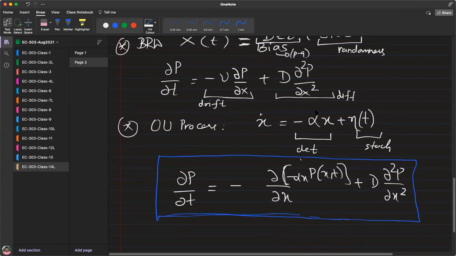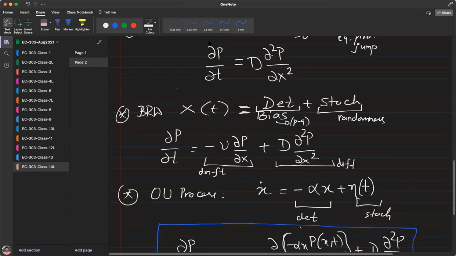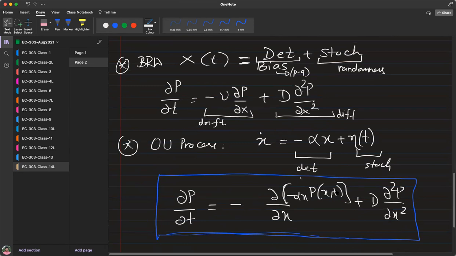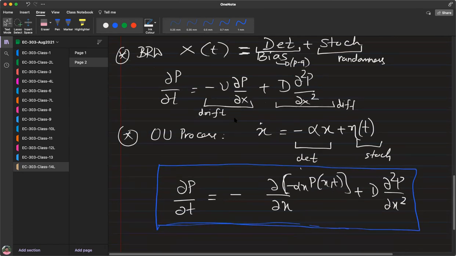Okay. So the basic idea here is as follows. The deterministic part becomes the drift part of the evolution equation for the probability density, and the stochastic part translates to the diffusion part. Is the broad philosophy clear to everyone? What's happening here? This we derived from first principles. This you yourselves derived from first principles in the class, right? This I'm just making a bit of a jump and saying that if you were to do it rigorously, you should be able to get this equation for how p changes with time.